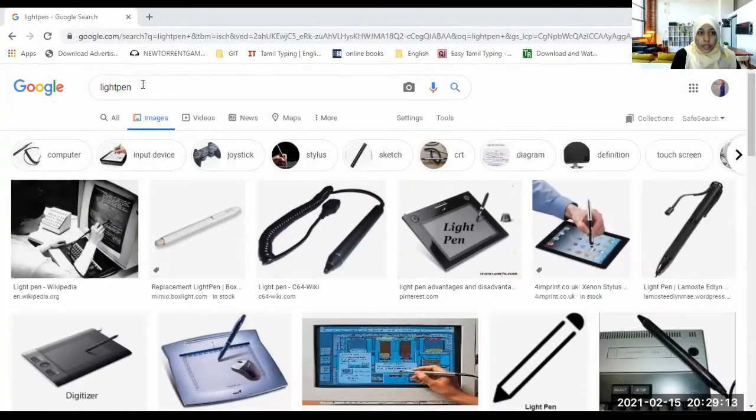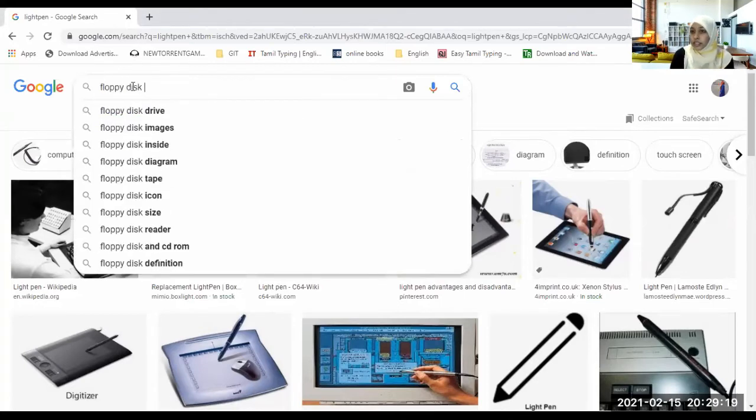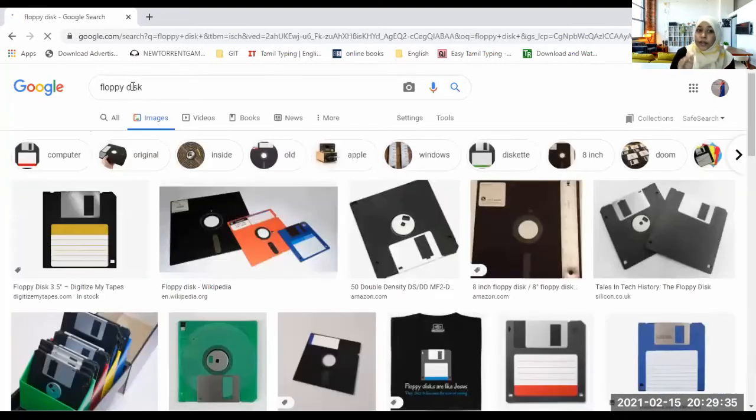And the other one is the floppy disk. It is not in use now, right? It is a storage device. You remember storage devices like CD, DVD, pen drive, Blu-ray disc, and hard disk. Before CDs and DVDs, people used floppy disks, but now they are not available.